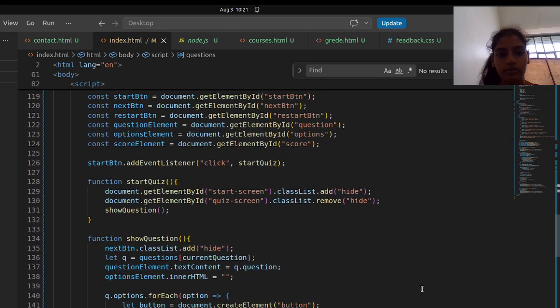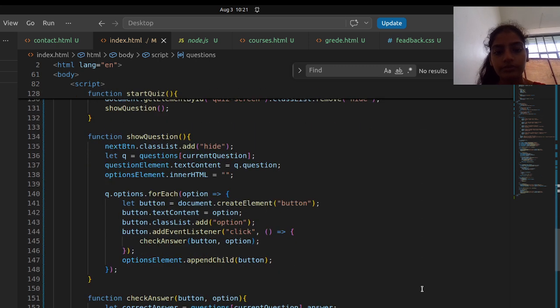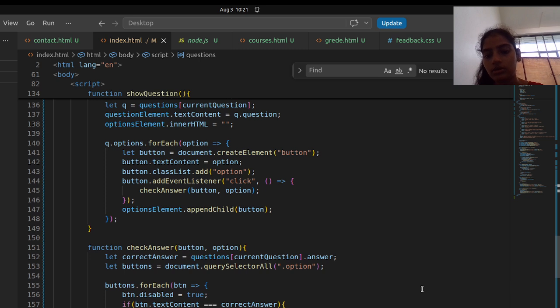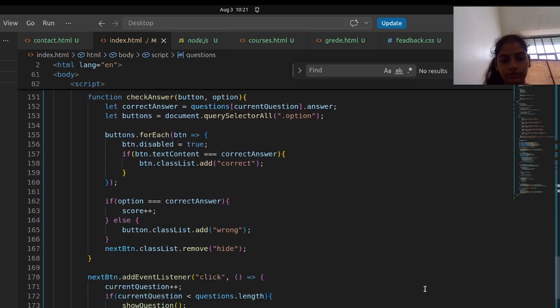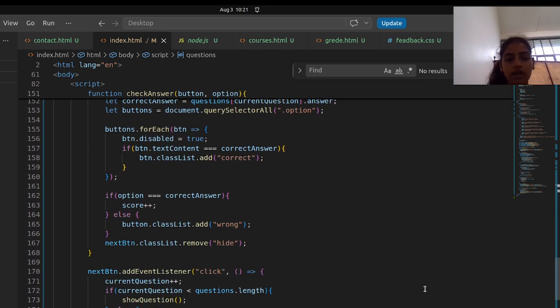So I use this here, and the color will be changed. If the answer is correct, the button changes to green, and if the answer is incorrect, the color changes to red. So in my Quizmaster project, this visual feedback improves the user experience because the user can instantly see